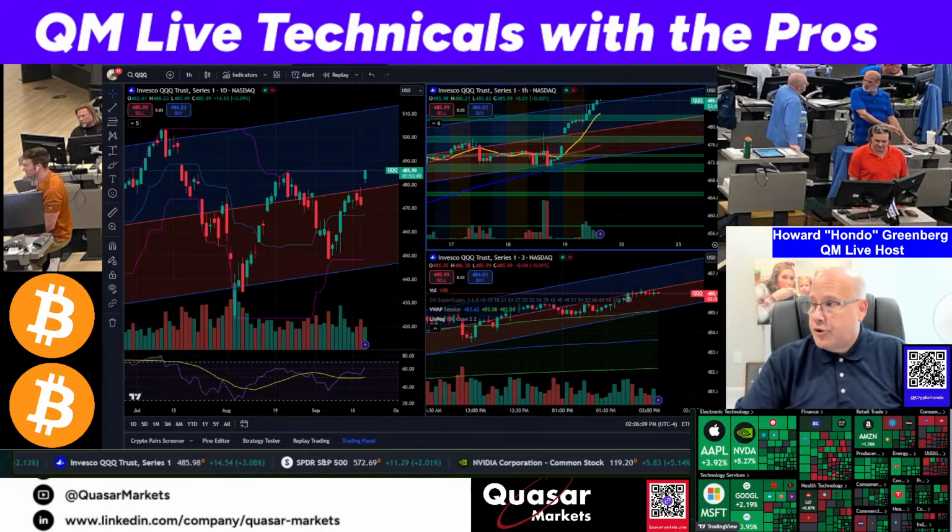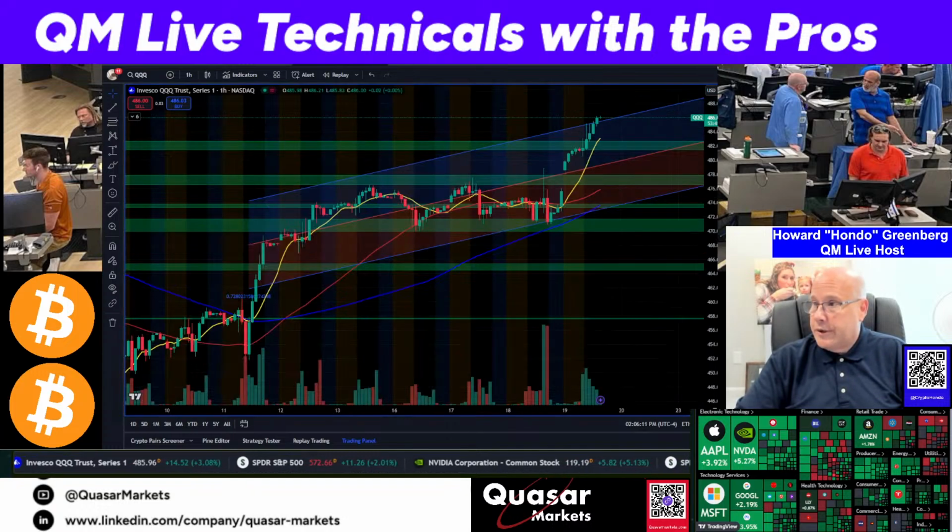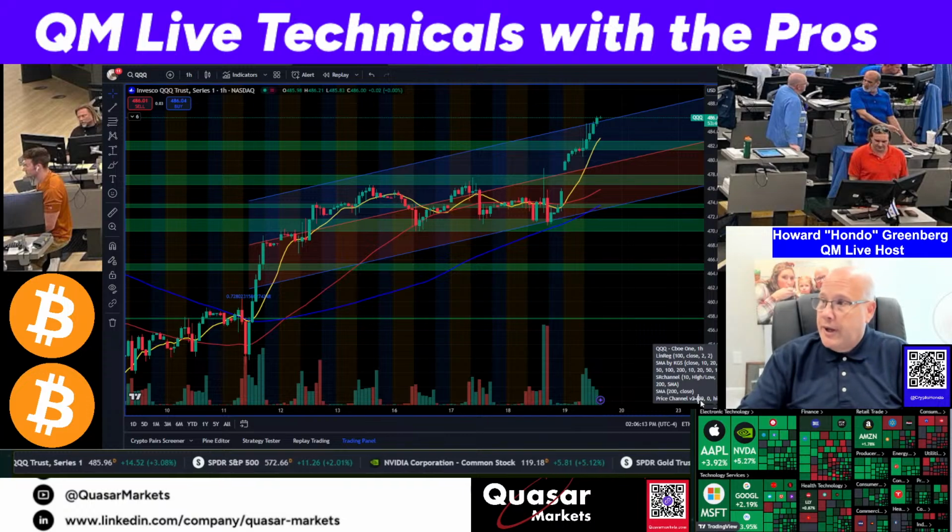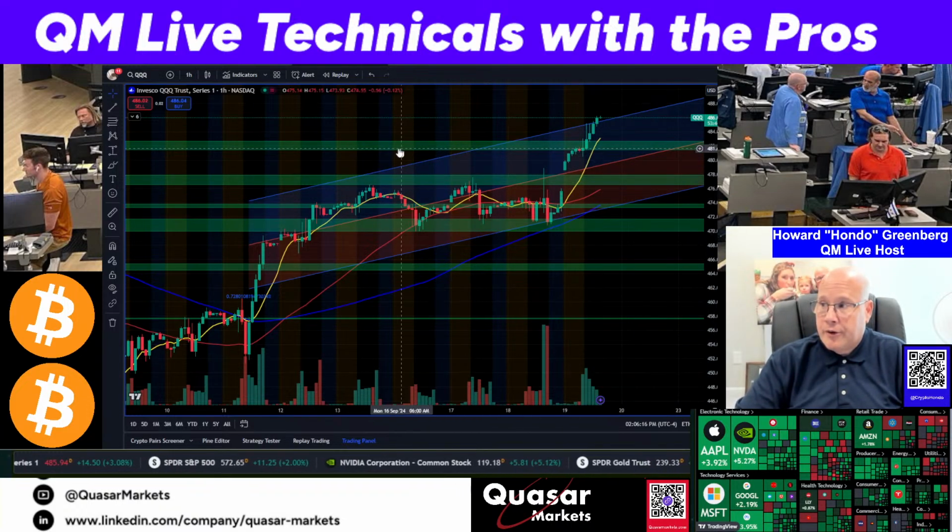I have the hourly chart here in that top right. We will expand that out a little bit to take a look at that. Again, we're looking at QQQ. Wow, that's a great looking chart here. So first things we want to point out,